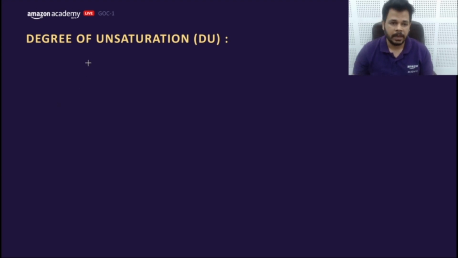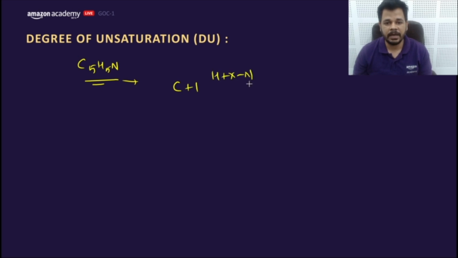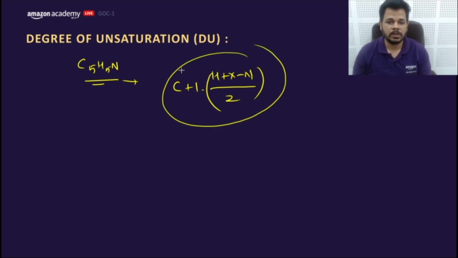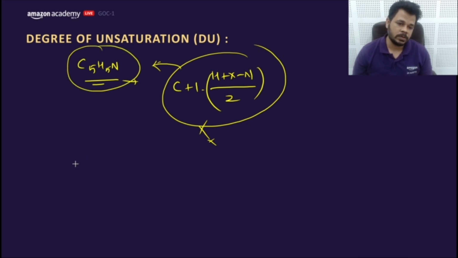If a formula like C5H5N is given, what would be the DU of this? You need to calculate this through some formula like C plus 1 plus H plus X minus N divided by 2. This is the formula which is written in the books, but we are not going to follow this when a formula is given. We have our own formula which shows DU equals to